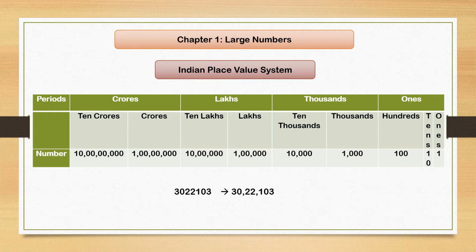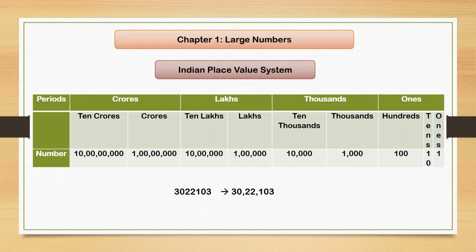What are large numbers? Large numbers can be formed by increasing the number of digits in a number. But have you ever imagined how we read and write these numbers? There are two ways to represent these numbers. These are the Indian place value system and the international place value system.